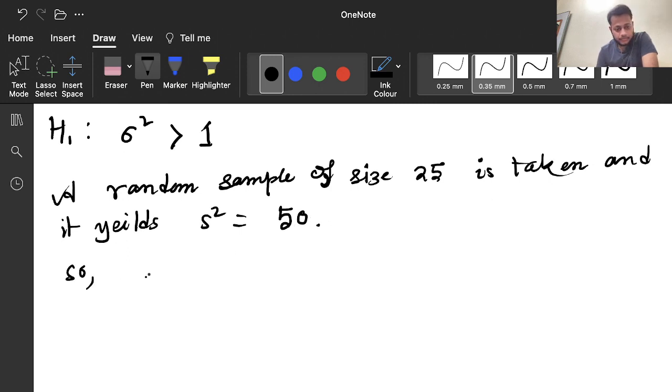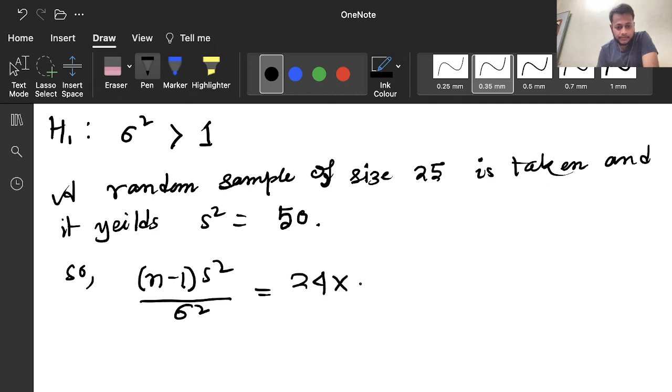So n minus 1 S square by sigma square will be 24 into 50 by 1, so that is